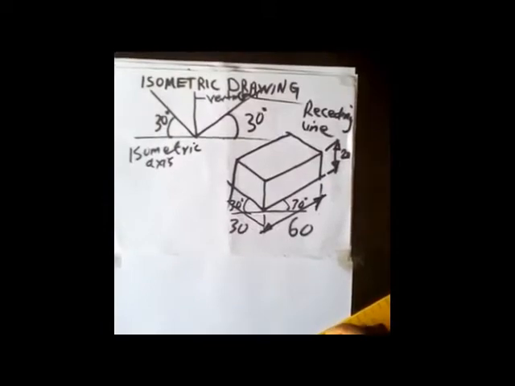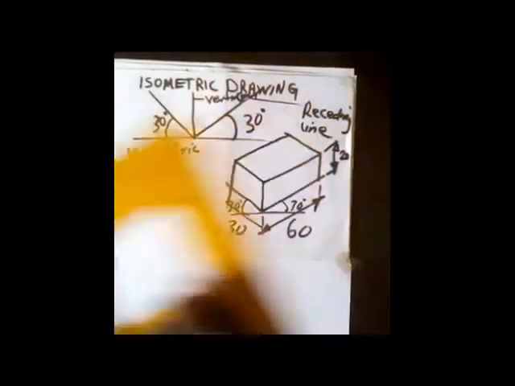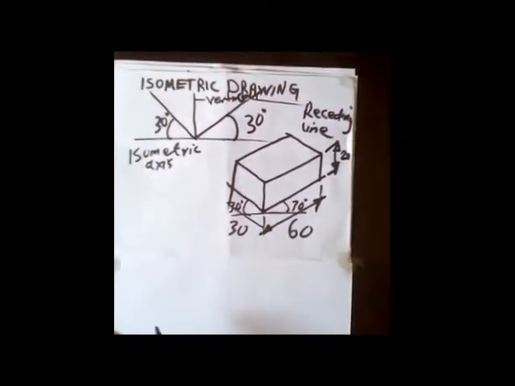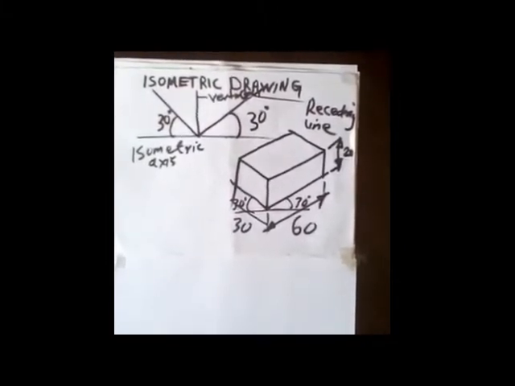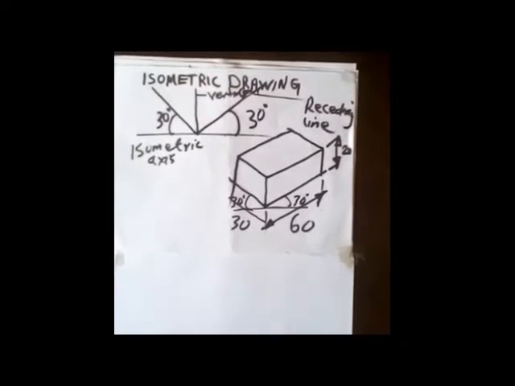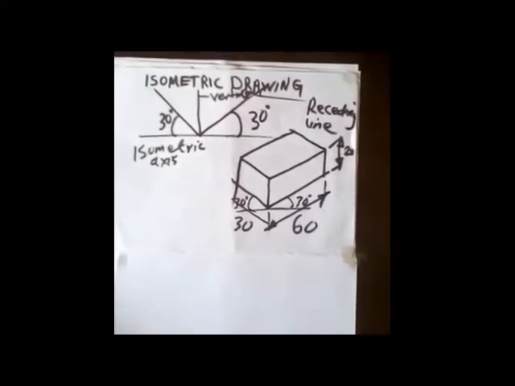You draw this. You turn it and put it like this, using your 30 degrees square. You now draw it like this. Now